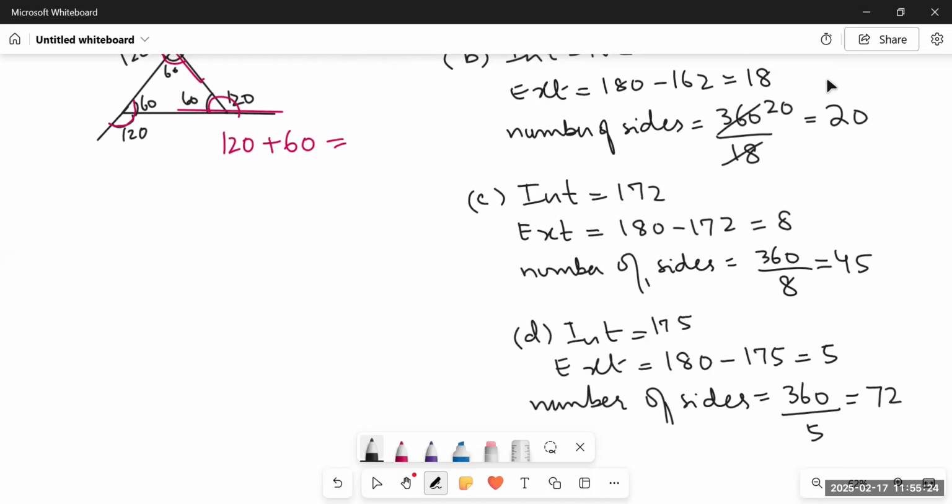So you see, students, how easily we can find out using both interior angles or exterior angles. Both question number 4 and 5 are almost the same. In question number 4, when we are already provided with exterior angles, we'll divide 360 by the exterior angle to find out the number of sides for a polygon. And if you're provided with interior angle, first we will subtract it from 180, and after that, we are going to divide 360 by it to find out the number of sides of that polygon.